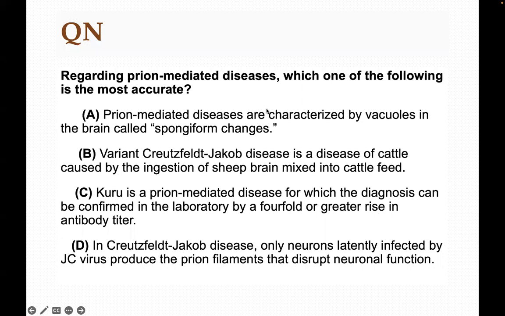Number two, it can be sporadic, so that is when there are point mutations in the somatic cells of the gene that is encoding for the prion protein. And it can also be hereditary. So when there is a mutation in the germ cells, then it becomes hereditary in that it can be transferred from one generation to another. So those are the explanations. It's not only hereditary, it can be due to point mutations or sporadic mutations, or it can be due to ingesting